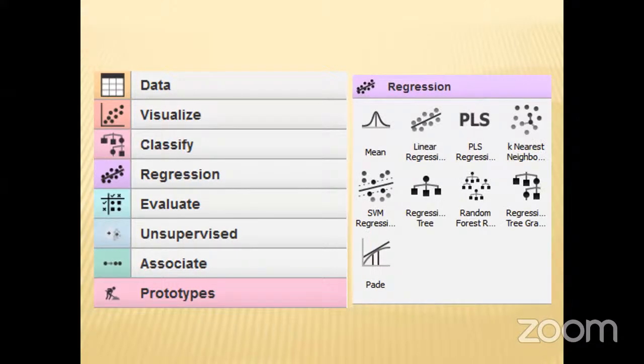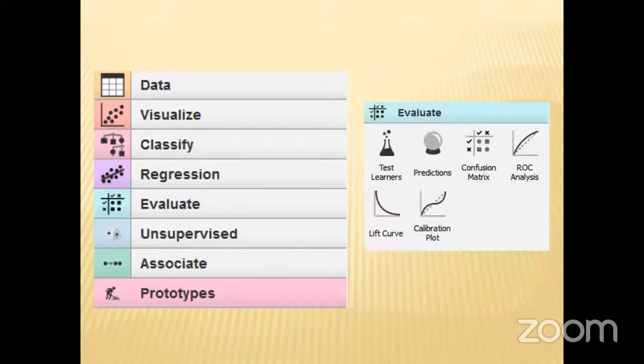Coming on to regression, there are the linear regression method and the SVM regression method. As I said, in the case of classification, the target is going to be categorical and fixed in nature. In the case of regression, the target is going to be continuous in nature. So that's regression. And similarly, in the case of evaluate, we can have performance measures: accuracy,